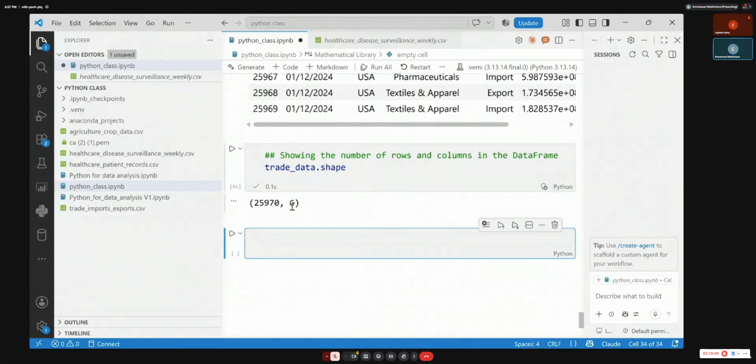This is a comment: show size of data. Tab, that's it. Tab again. Shift enter, run the code.